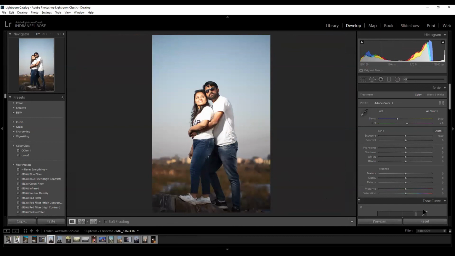Because whenever we make a preset, we make it on a particular kind of exposure of that image. Suppose you're taking this picture with different poses and three or four poses are giving good results, then you don't have to manually color grade the images each time. You just take a preset and put it on.